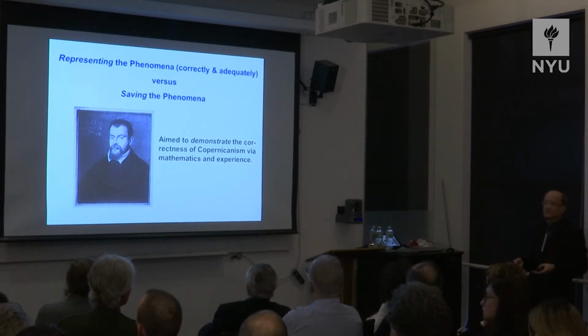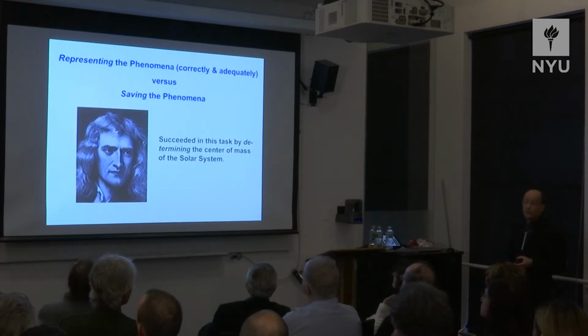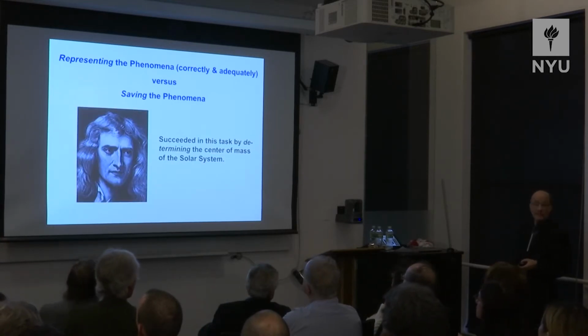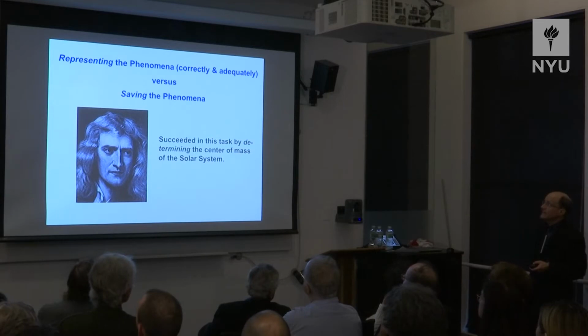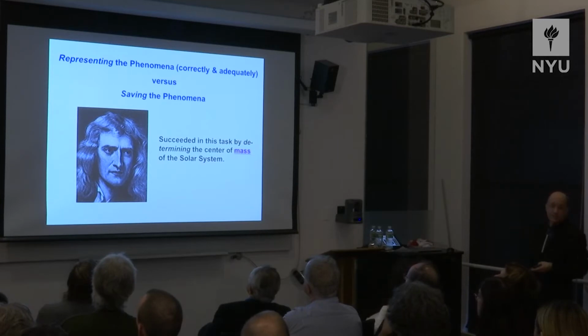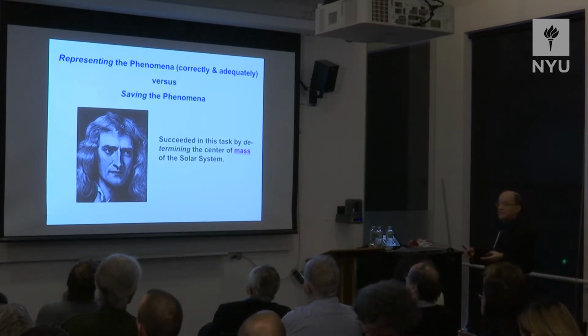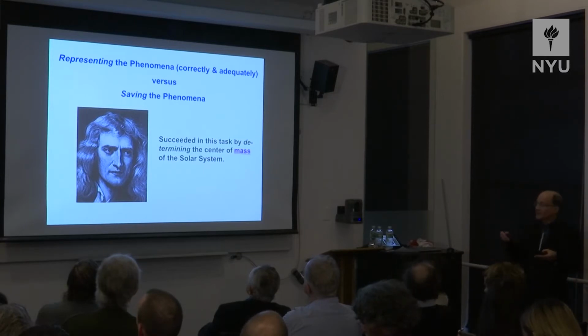He tried all kinds of things. In truth, according to us, he never quite got it. But according to us, and all physics after Newton, he did get it. He succeeded in this task by determining the center of mass of the solar system. And here, the mass is going to be the theoretical concept. Basically, what Newton does is figure out a way of measuring the masses of primary bodies in the solar system that have satellites,